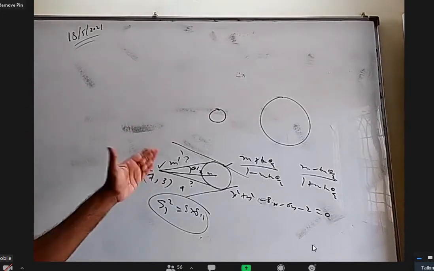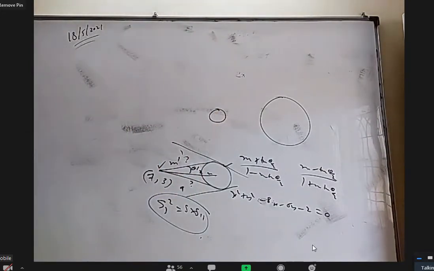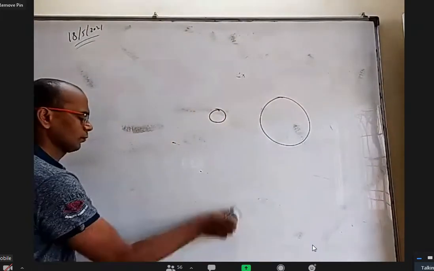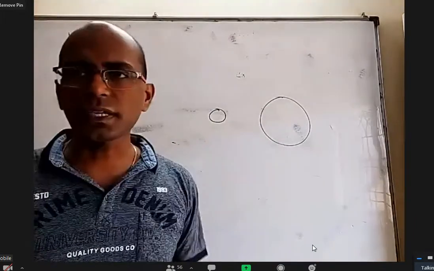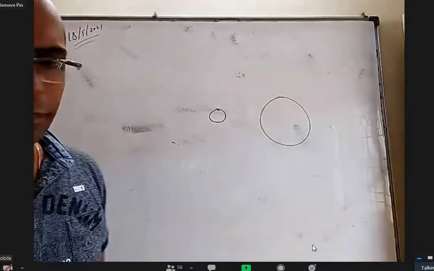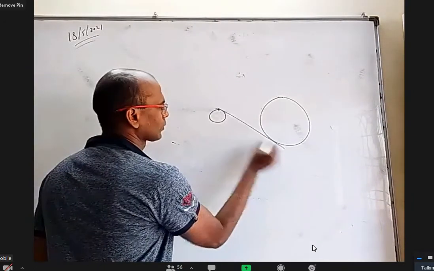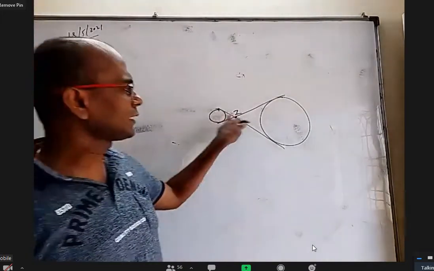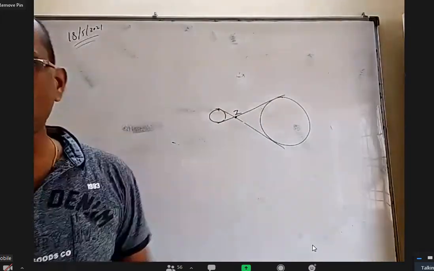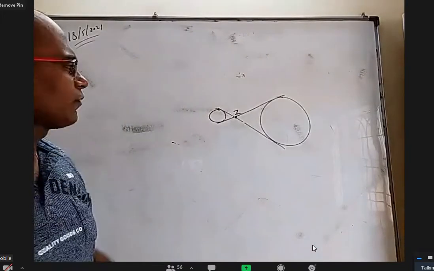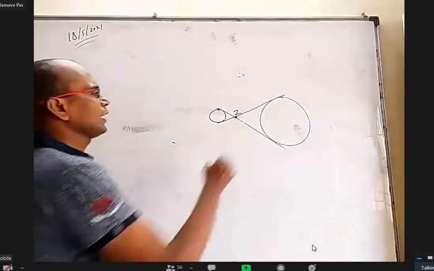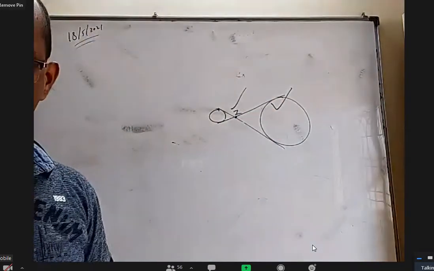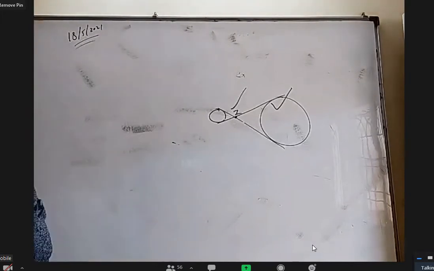How to find common tangents, I gave 4 or 5 methods. So I'm just repeating that. Why I'm repeating that is, let's say they give you two circles and ask you to find the transverse common tangents. First find the internal center of similitude. Take the centers, divide in the ratio R1 is to R2 internally, you will get I. After that, forget about one of the circles. Take one circle and I. From an external point, you can draw tangents to a circle and find their equations. Just now we discussed 5 methods. That's it. You get it.